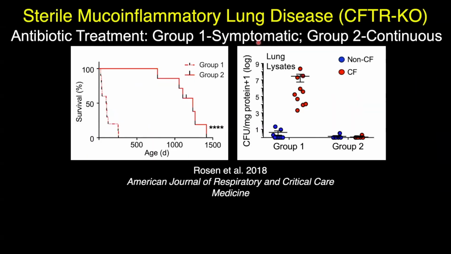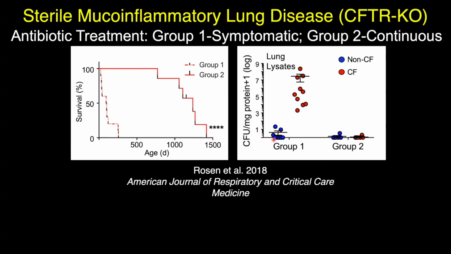The CFTR knockout ferret model has been useful in understanding inflammatory components of the disease process in the CF lung. Here we're comparing CF animals reared on symptomatic antibiotics. This is antibiotics given when an animal stopped gaining weight, or animals that were treated continuously from birth with 3 different antibiotics. And what you can see here is that the lifespan is greatly increased if treated with antibiotics from